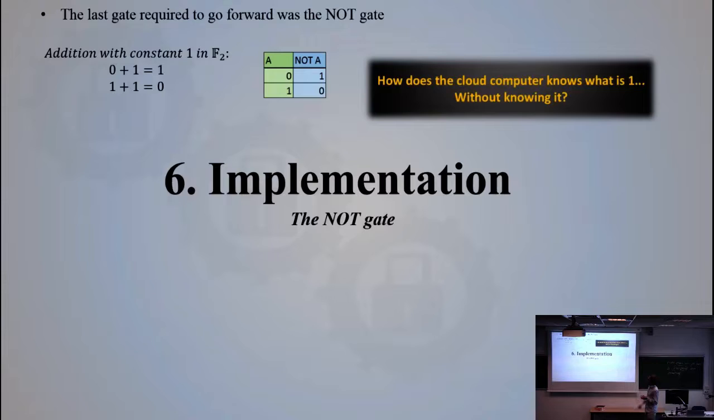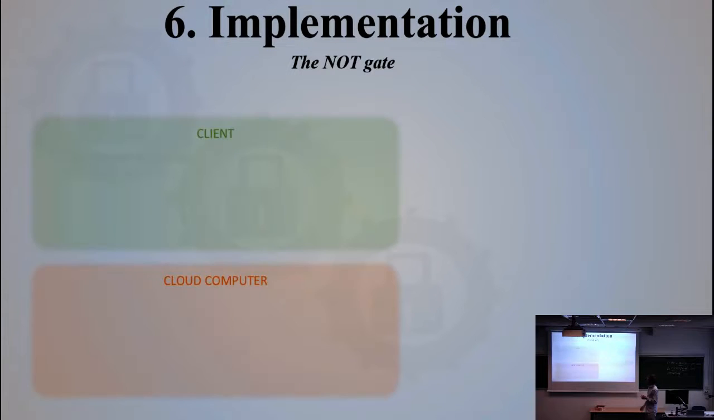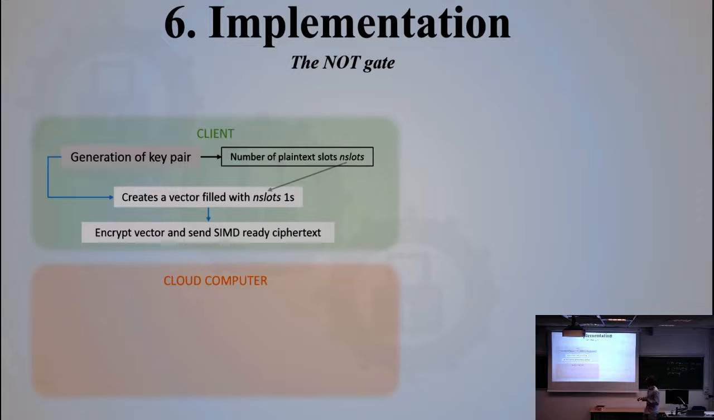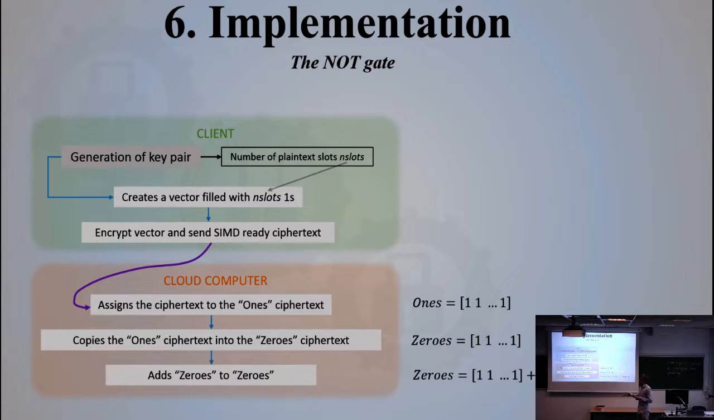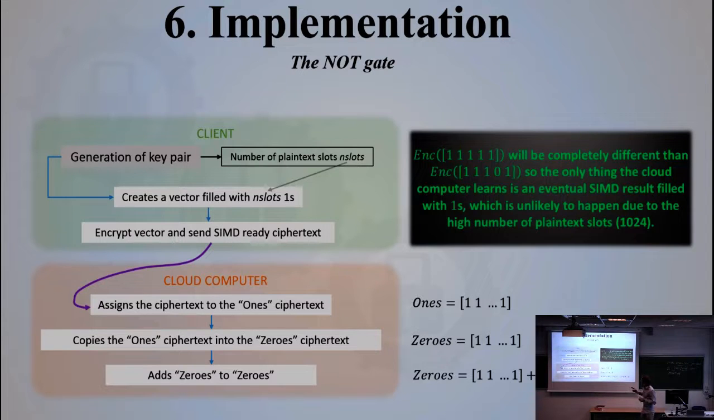So this is the method I used for this. I will tell you why the cloud computer doesn't know what a 1 is. The client generates his key pair, creates a vector filled with 1s, and encrypts it, sends a ciphertext, and then the computer assigns it to a global 1 ciphertext, which will be used for all the NOT gates. And why the computer doesn't know is because the encryption of the vector 1, 1, 1, 1, 1 is completely different from the encryption of the vector, for example, 1, 1, 1, 0, 1, 1. And this is thanks to SIMD, because